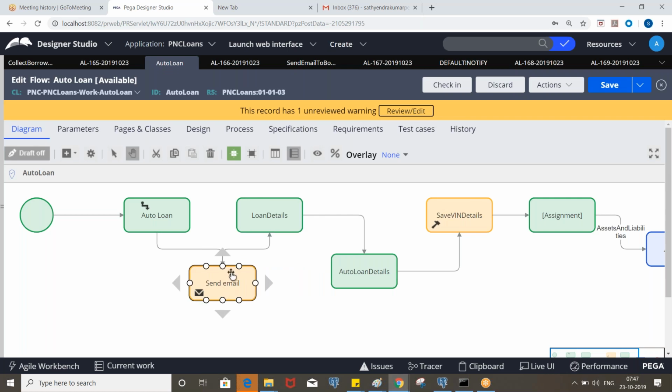so this is how we use the email shape in the flow. Sometimes you may need to send an email through activities, in most of the cases. So after processing something, you immediately need to send an email, where the flow is not involved, right? So mostly we use the send email notification.